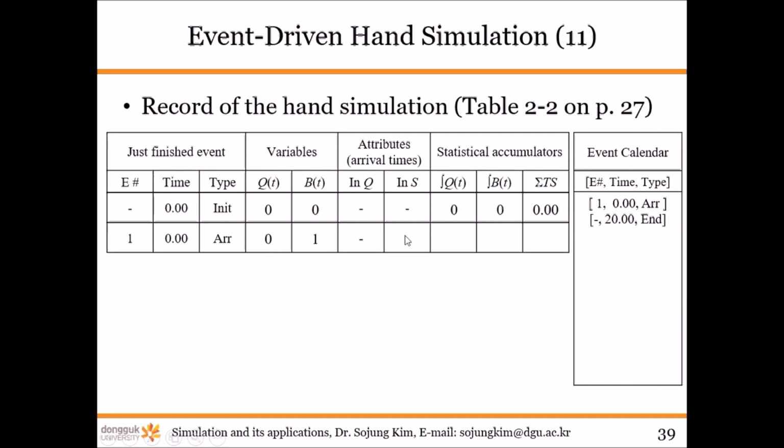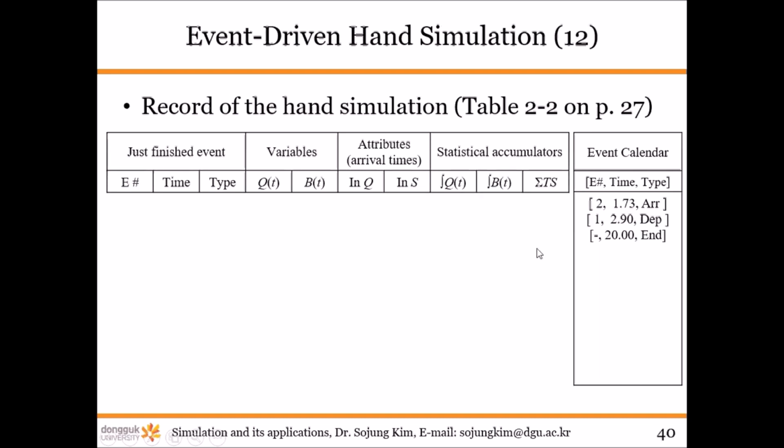And as you know, the arrival time of this entity 1 in the server is 0. So the attribute value will be 0, the arrival time of this entity at the system. And then the statistical accumulators will be 0 as well, at time 0, because nothing has actually happened so far. And next, we have a next event